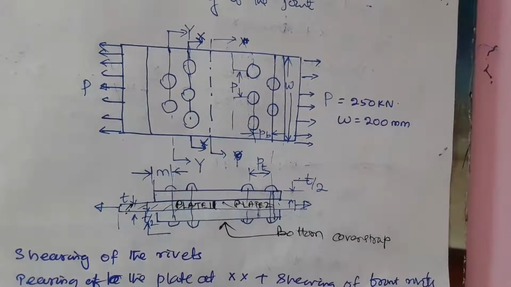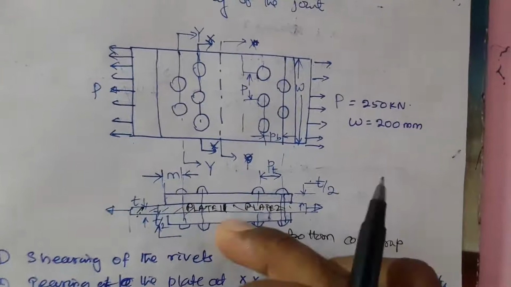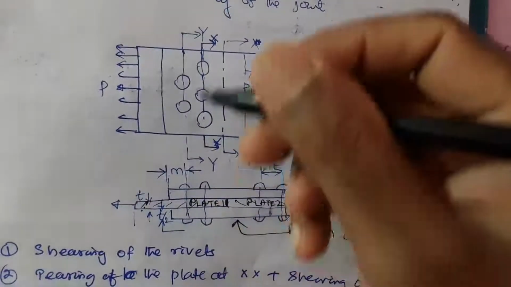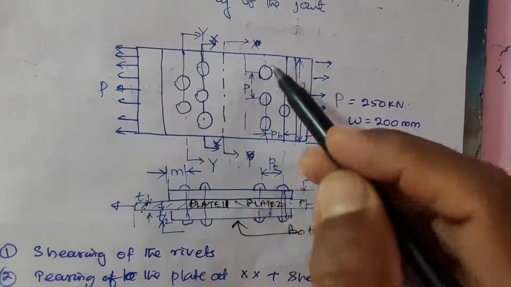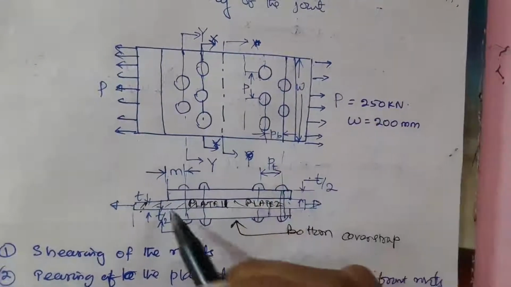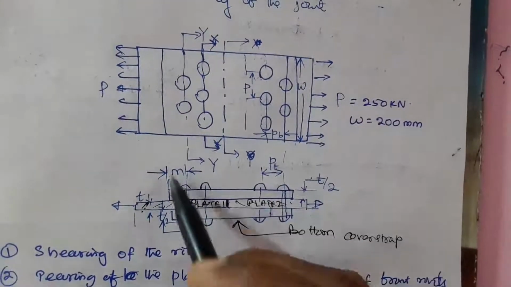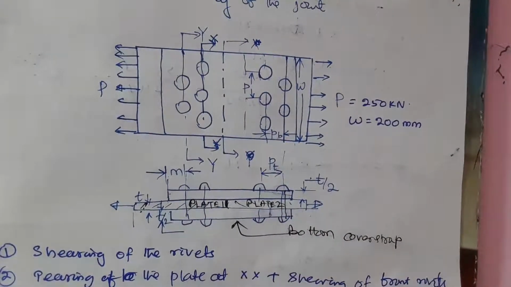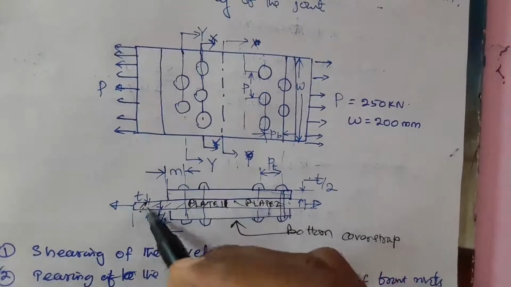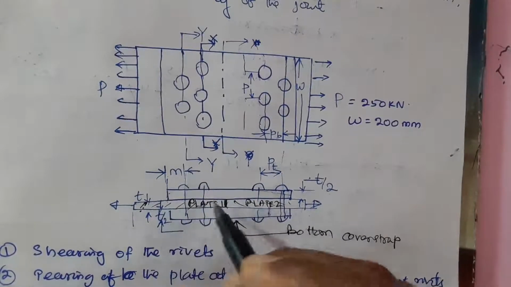So there are two cover straps. This is about the total joint. This is the side view, and this one is the top view. You see there are two rows of rivets. So it is a double riveted butt joint with equal cover straps, because the cover strap at the top and the bottom are of the same length, but the thickness of plate is T here,